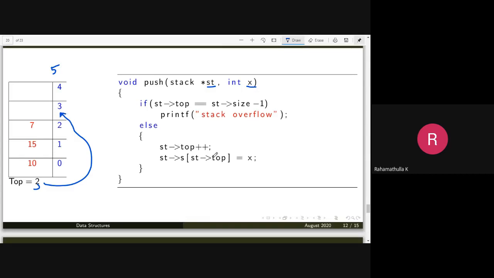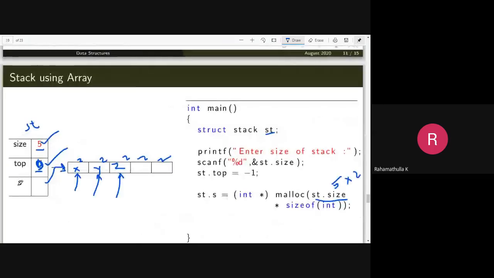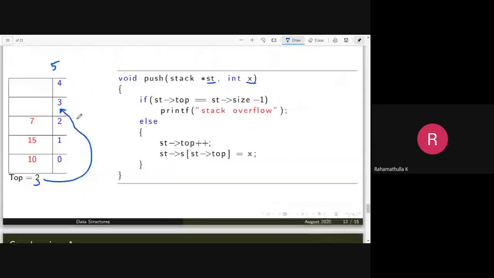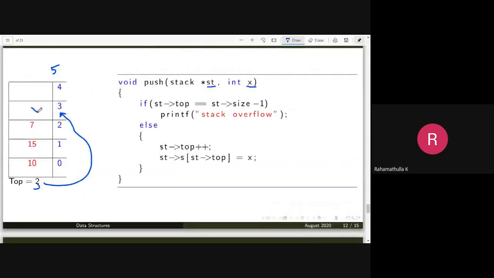Once the top is pointing to that location, you insert your element there: st pointer s of st top. s of 0 is this, s of 1 is this, s of 2 is this, s of 3 is this, s of 4 is this. You insert your new element at this location. St pointer s of 3 equal to this, so insert the value x here. That's how you insert an element.